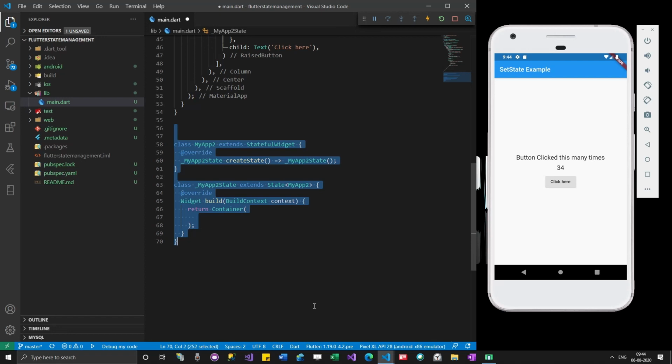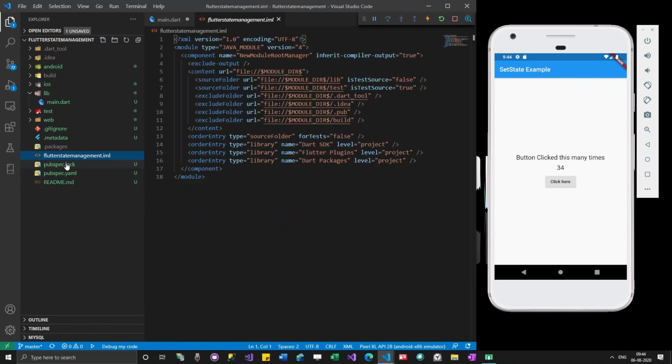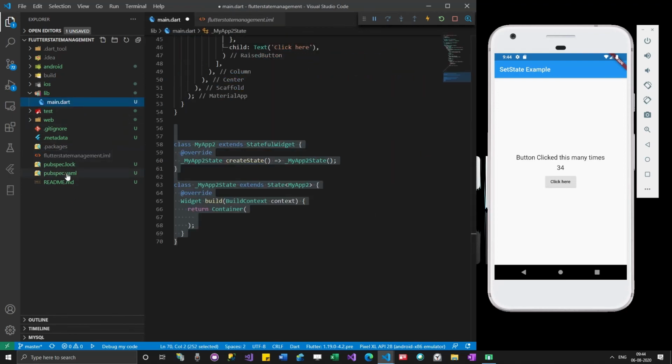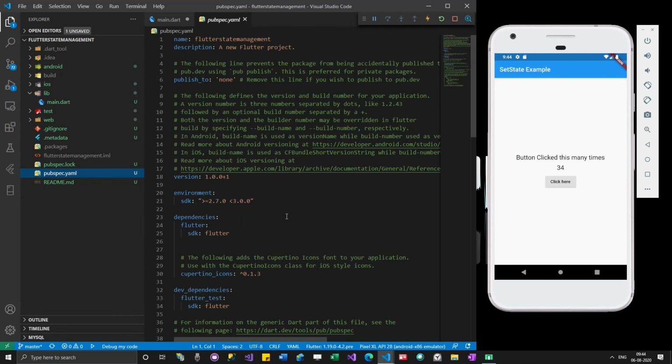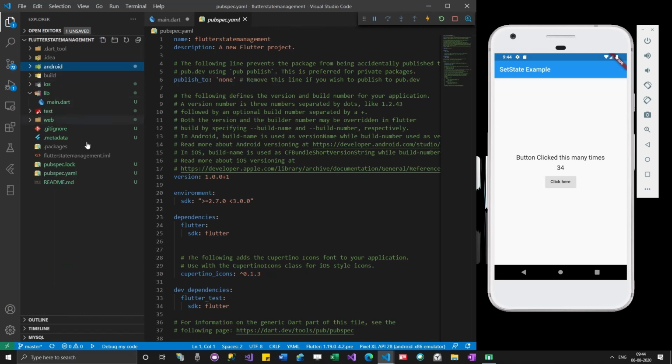So when we created our app, you can see that there is so much auto generated code already. All this might be boilerplate code. You don't have to worry about it. You don't have to worry about what each line means in the pubspec.yaml file, or what all these files are. You don't have to be aware of that. Whenever a problem arises, you'll investigate it, and then if necessary you will try to learn that stuff. That's it.